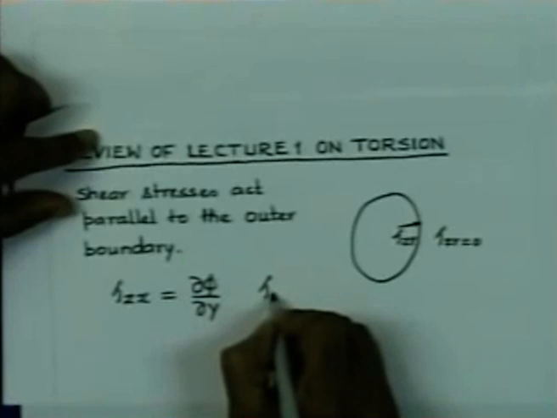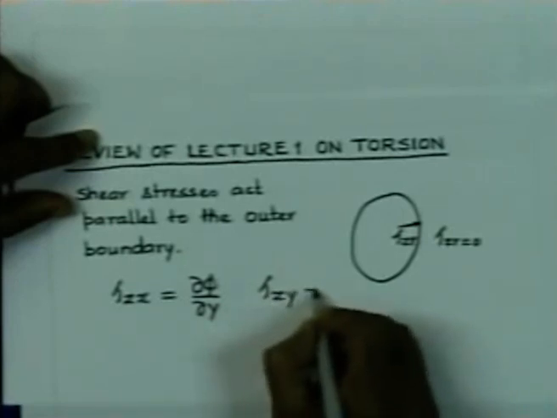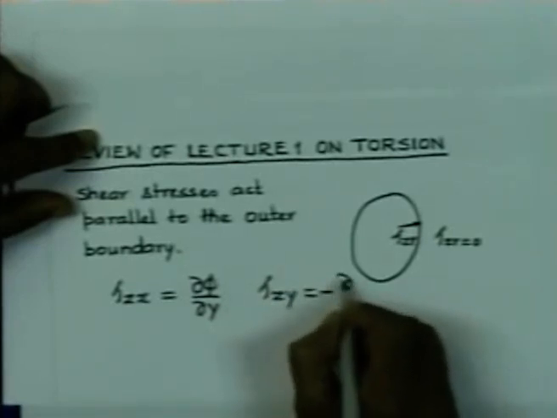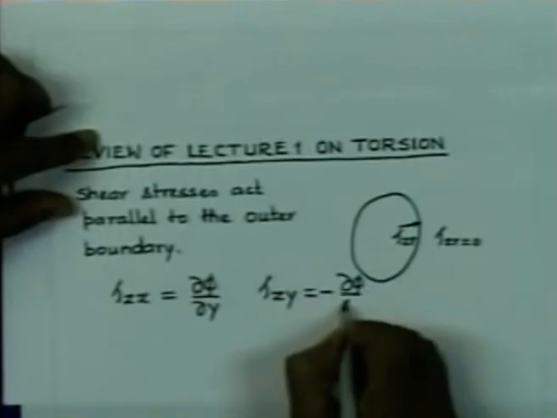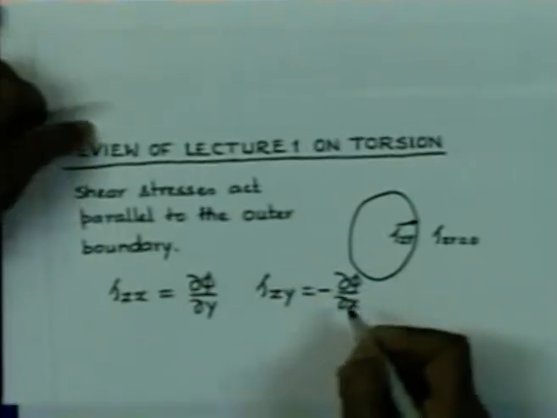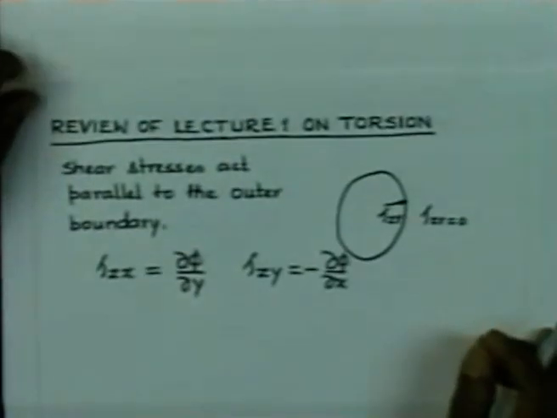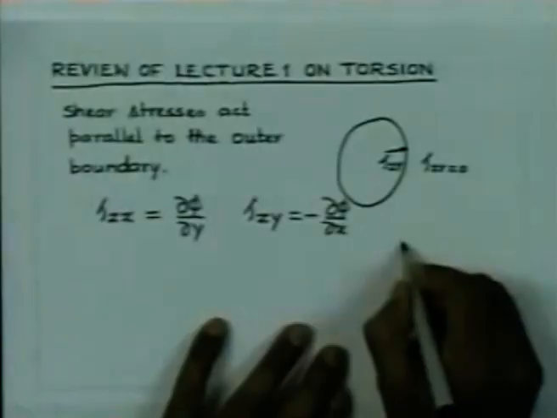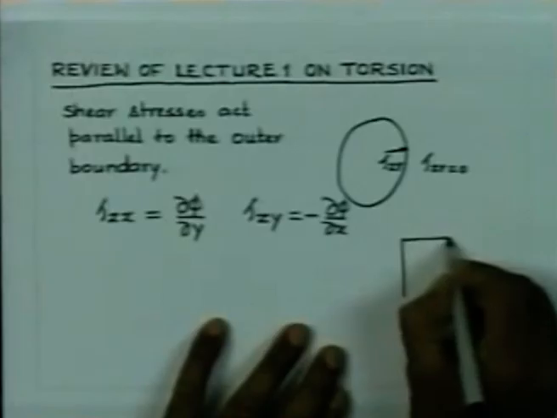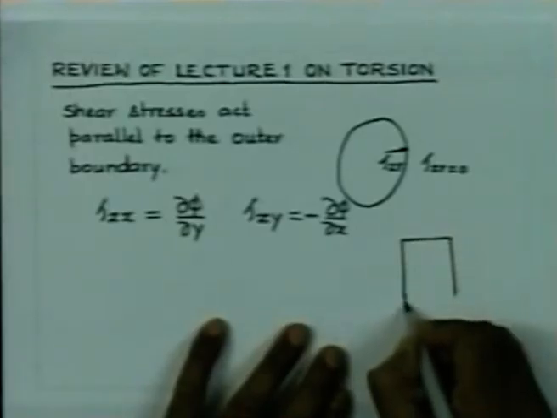Similarly, tau zy is the negative of the slope of the phi surface in the x direction at a point. So, this is something again important, that if you are trying to think of a section like this,